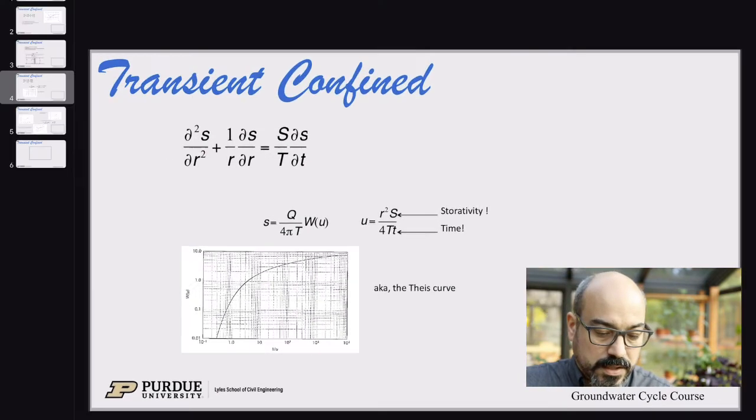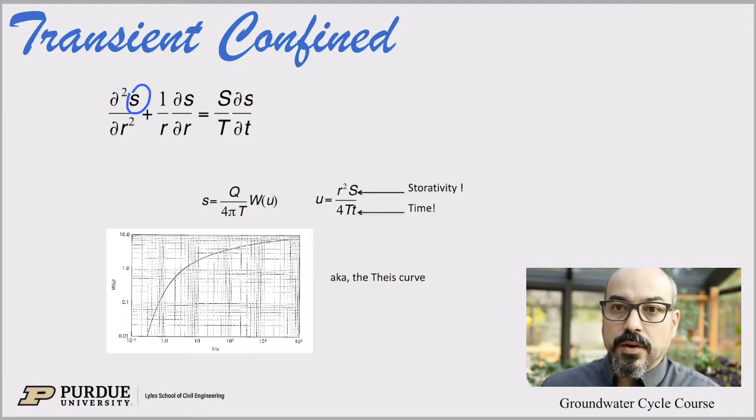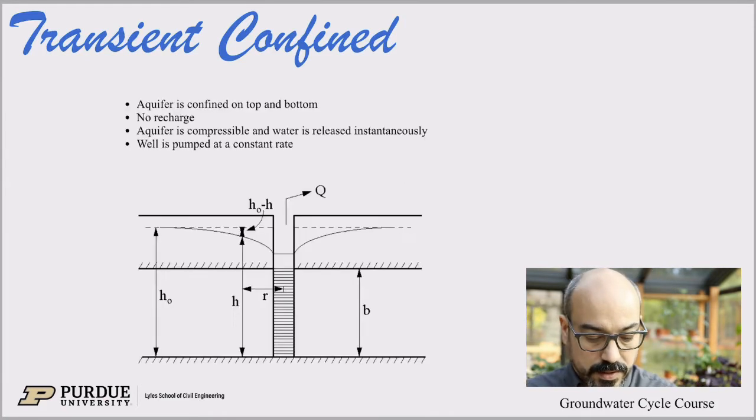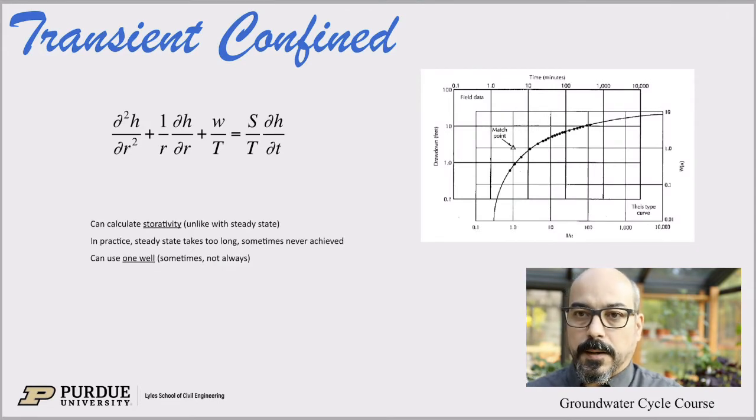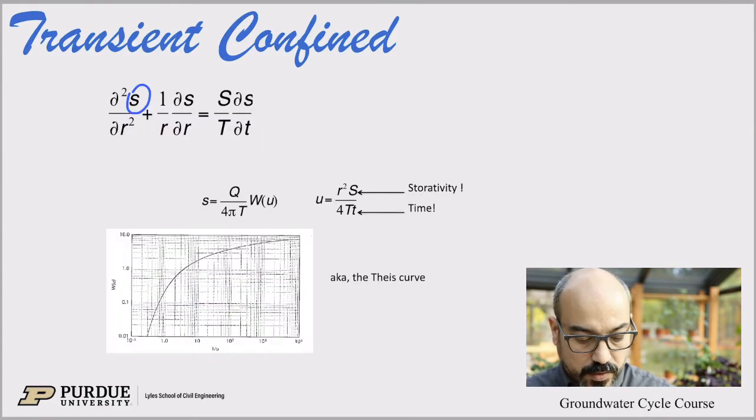Also, when we talk about pumping tests, remember that we can just swap signs and use drawdown instead of head. They're just equivalent, just the sign is flipped. And here we're introducing the well function. You already saw it in that previous figure. The data is the dots here. That's the drawdown measured over time in a well. And you can see that we have aligned that data on a curve. This curve is called the well function. The well function W of u, where u is an argument of that function,